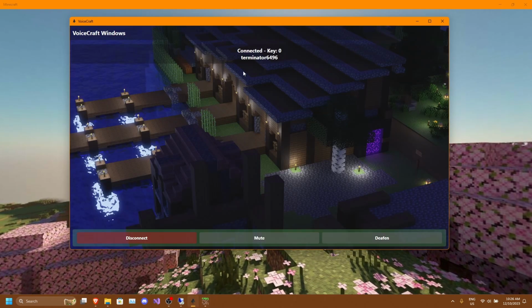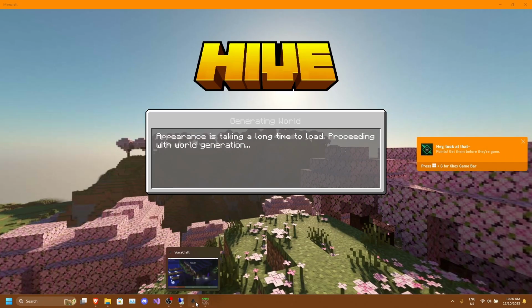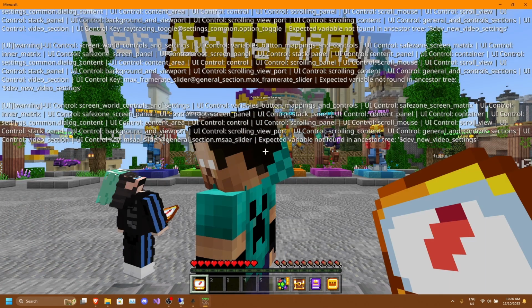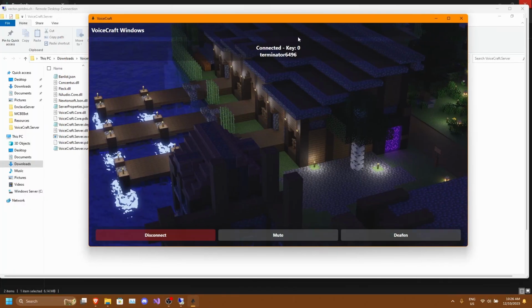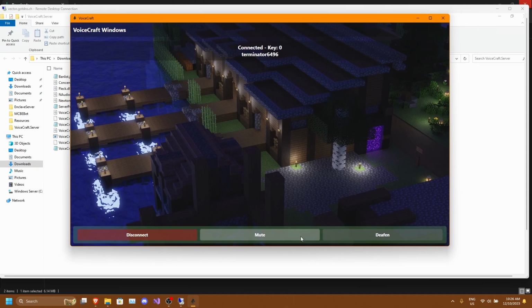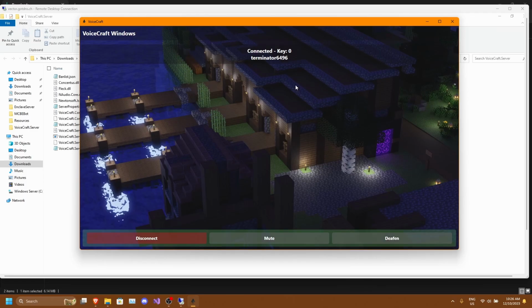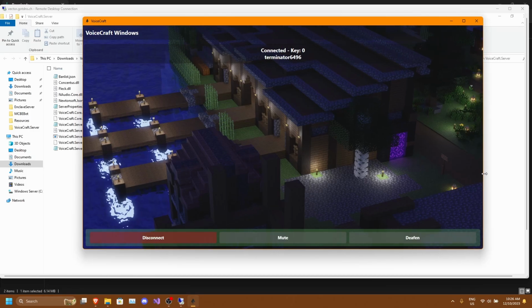and Voicecraft will track our location and will send it to the server, and it will stay connected no matter what, unless you close down Minecraft, in which case it'll break the connection and it will no longer be connected. So in our case, if we were to close Minecraft, it should say a disconnected message, but for some reason it doesn't. I'm not sure what's going on there, but if you were to close Minecraft, then you should no longer be able to talk to other players.